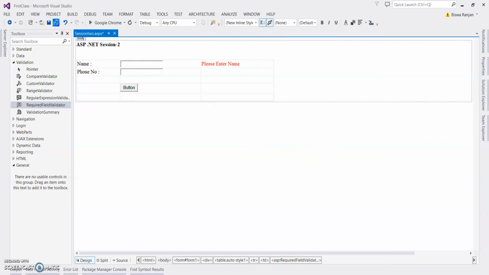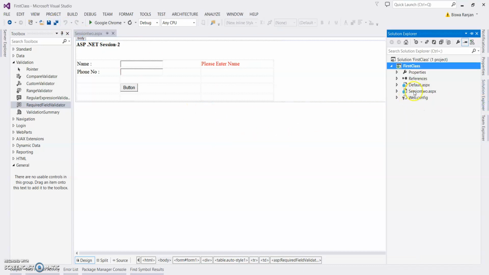Now run the application. Before running, there are two files.